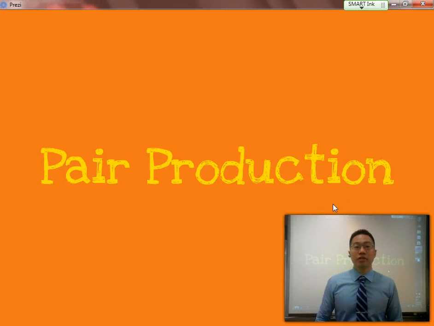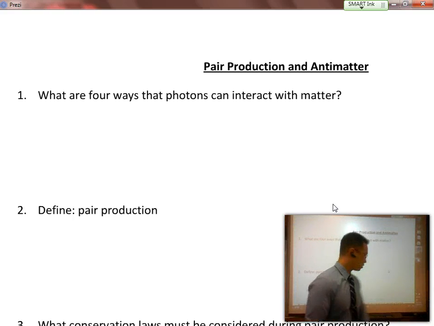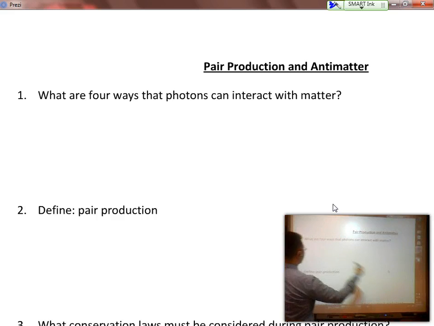Hi, ladies and gentlemen. The next portion of our modern physics unit is about pair production. Let's quickly review what are some ways that photons can interact with matter. We've previously spoken about the photoelectric effect,